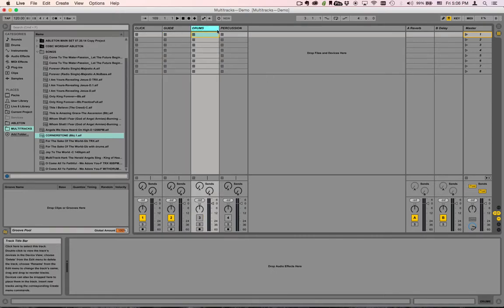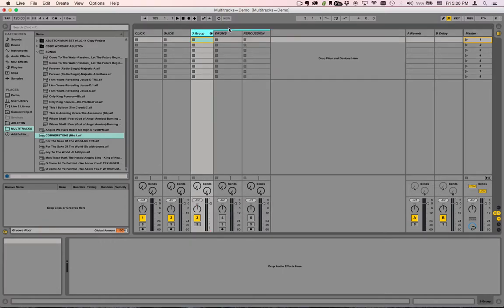What I did is I grouped these together by hitting Command G, okay? Now anything I do to this group heading will affect drums and percussion. So I'm going to pan both of those. I'm going to pan this one to the right. It's going to affect both of these. All right, and then I'm going to hit tab one more time to take us back to the session view